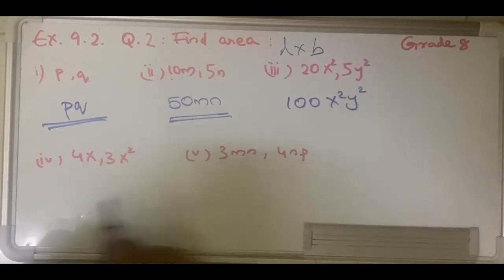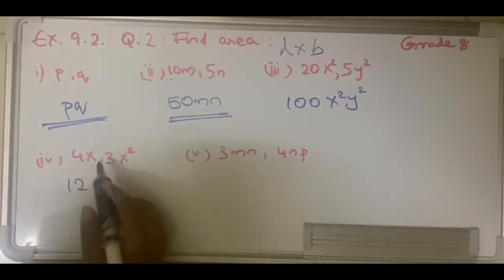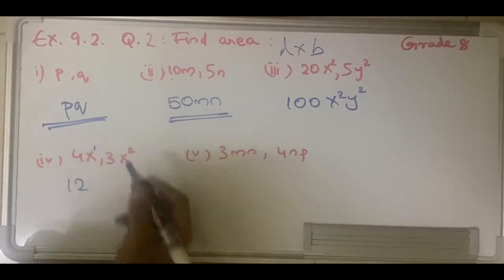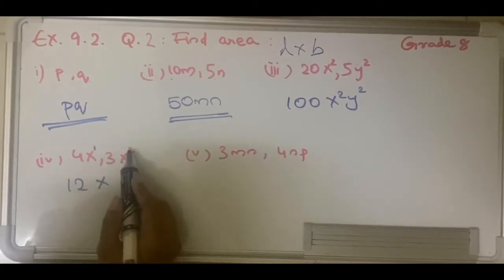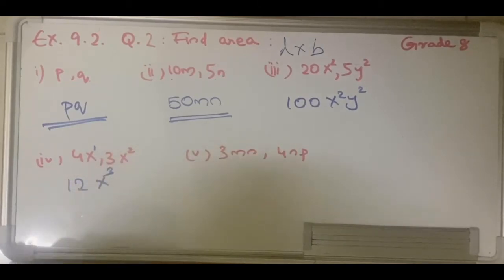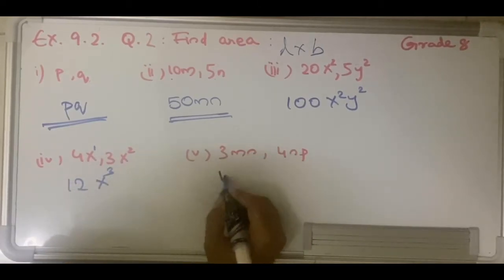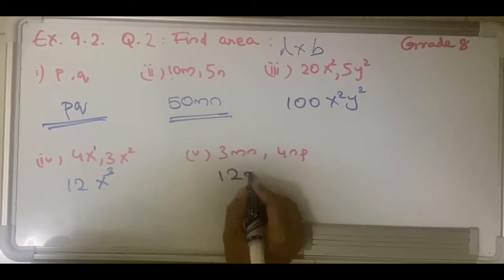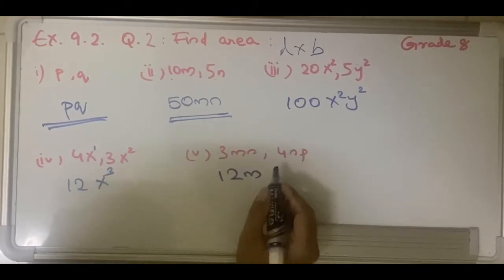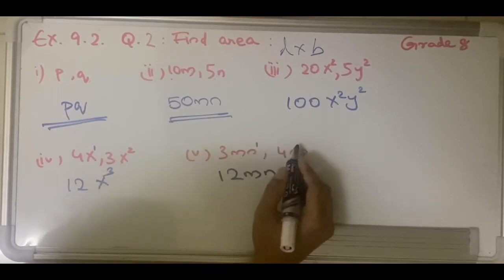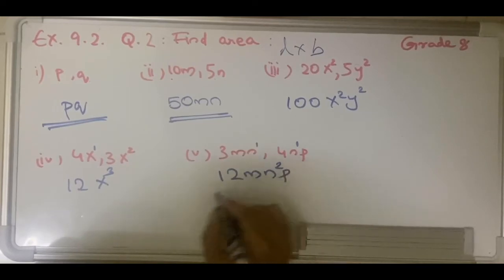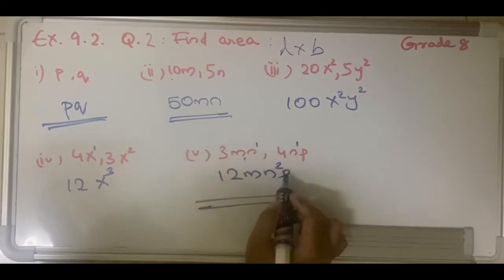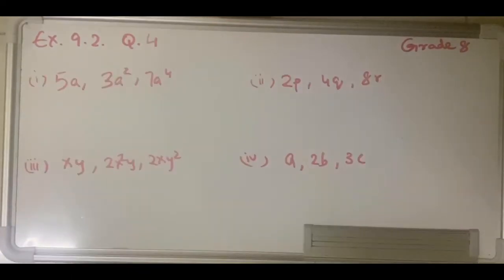Then 4 times 3 here would be 12, x times x square, so x raised to 1, let us make it. So x raised to 1 times x raised to 2, so you have x raised to 2 plus 1, which is 3. 3 times 4, 12, m, you don't have any other m here. Then n, you can see you have n raised to 1, which is when added you get n raised to 2, and then you have p, because there is no other p in this monomial, so it's just 1p. Clear?